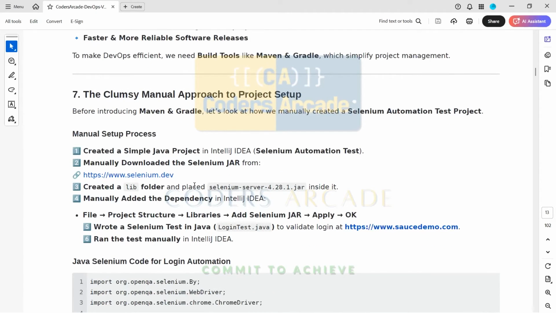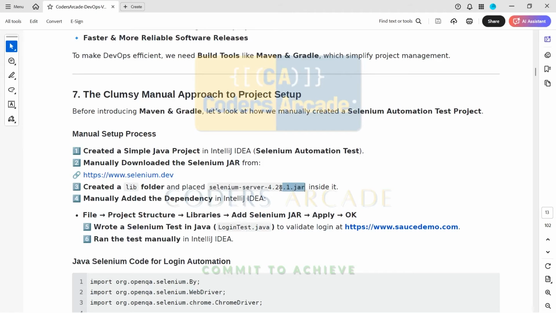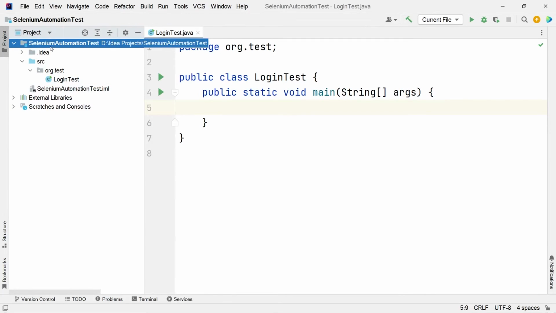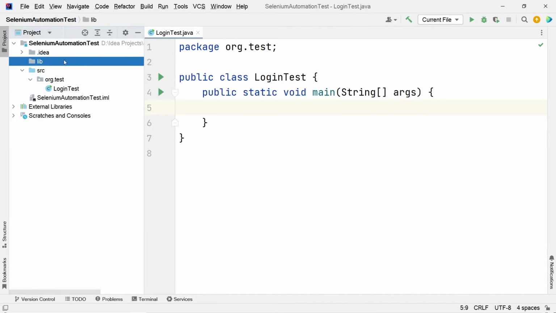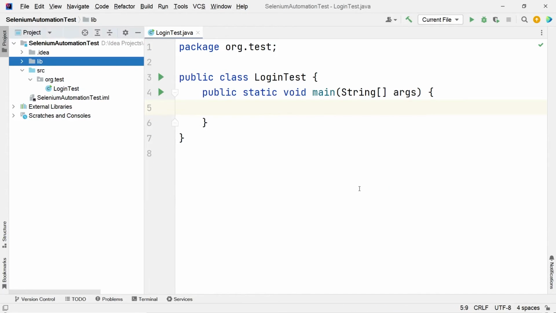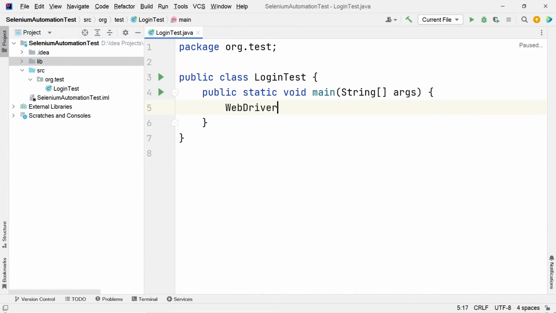You can see here we downloaded the jar file. Now we will create a lib folder and then place it there. When I did it, it was 4.28.1, and right now it is 4.29.0. No problem, you can install 4.28.1 also. So I'll go here in my project, right click and create a new directory called lib. Inside this, I'll paste that jar file, you can see the 4.29.0 jar. Done. But still, if I write WebDriver now, it will not work